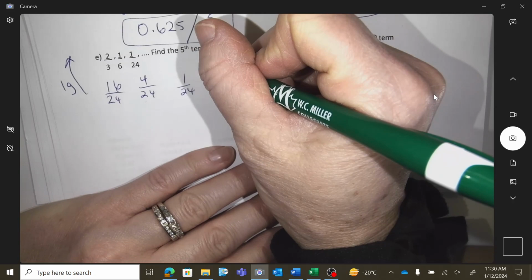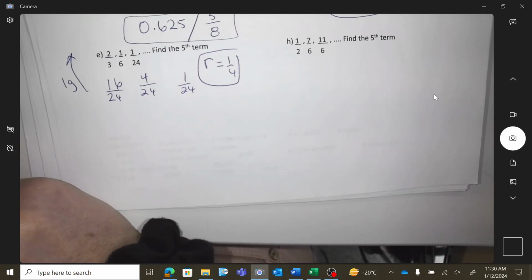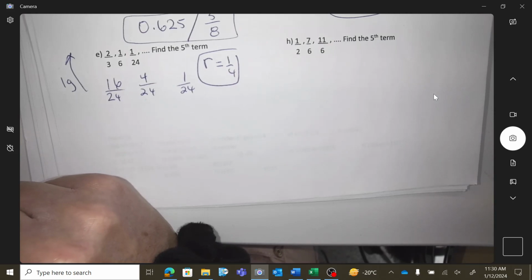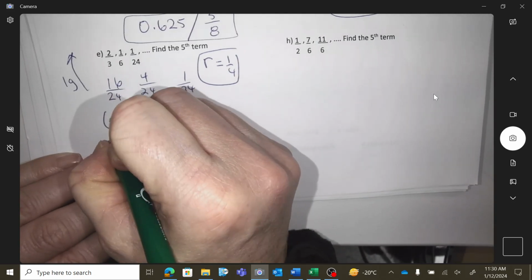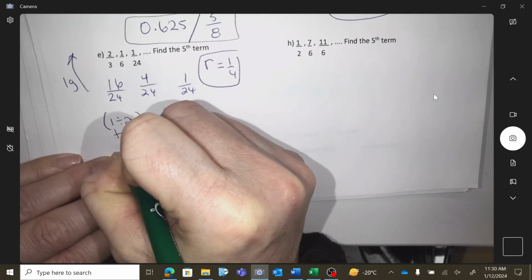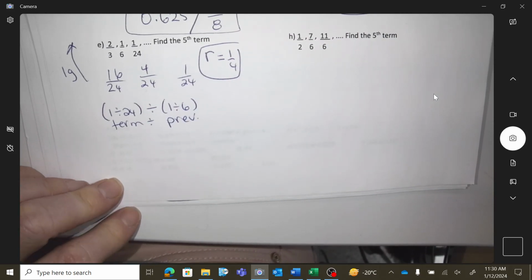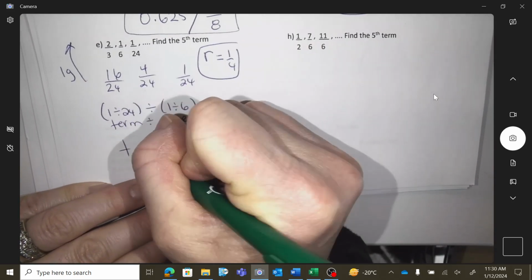So then we determined it was a multiplier. We determined that. So we determined it was a multiplier of a quarter. And again, if you don't see it, you can always take a term, divide by a previous, right? Any term divided by its previous would tell you that ratio. Okay, so term 5 equals,